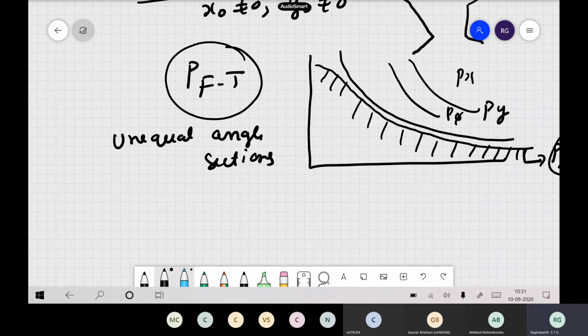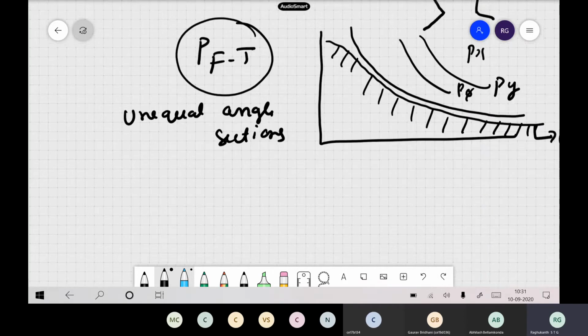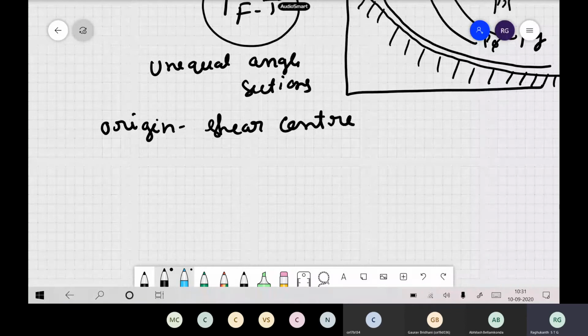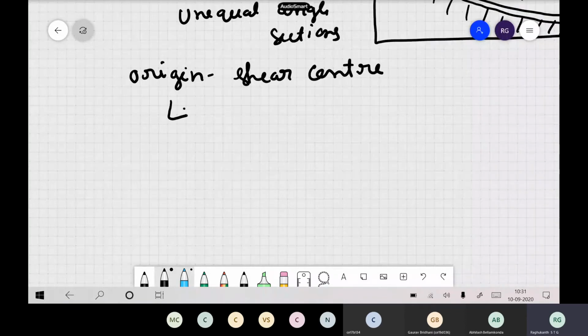Now, in all the previous problems, we have taken the origin as the shear center. You can move the origin and change it to the centroid also. In the above problems, just your x naught and y naught may change sign, but all the expressions will remain the same if you change the origin. So in this format, you can solve several problems.